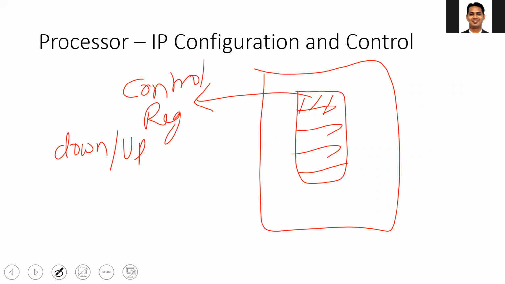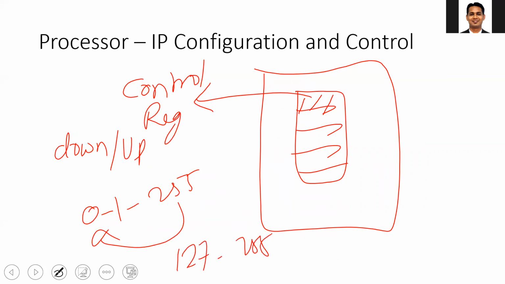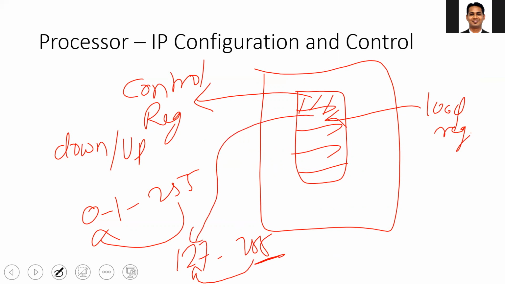By default the timer IP is counting, so an 8-bit timer counts from 0 to 255 and back to 0. But you may not want that. Suppose you want it to go from 127 to 255, which means when the timer reaches its upper value, it should start again from 127 instead of 0. So there will be an additional register, say a load register. In this load register, you can write the value, and whenever the timer reaches 255, this value will be loaded and the timer starts counting from that value.